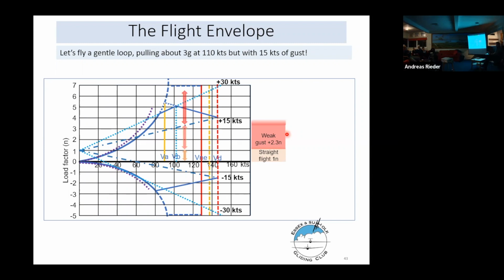That puts us well above that load limit. And so we're into the elastic damage of our aircraft, well into that elastic damage. So this gust didn't have to be 15 knots. It could have been probably 7 knots and still got us above the load limit, which is like the lift